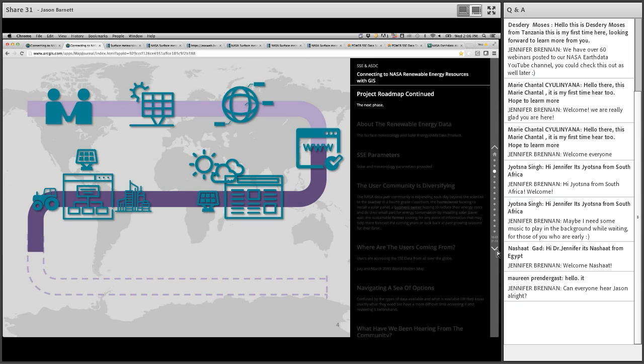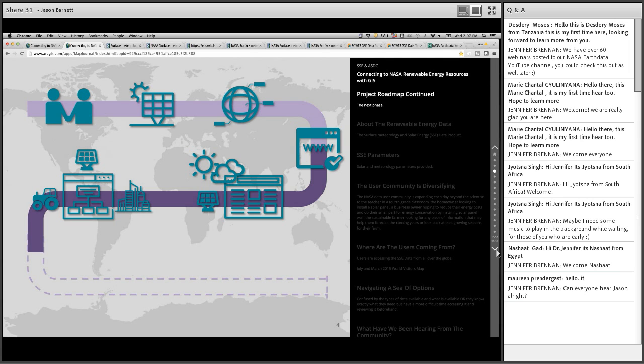So the web usage of these tools in terms of numbers of users and data delivered has grown nearly exponentially at times. And the success of the website was found in the provision of data sets via an ASCII format on a very site-specific basis for use in decision support tools. But as a result of the success of the SSE project, NASA's Applied Science program supported the development of the Prediction of Worldwide Energy Resource, or POWER, project and data portal, which you can see on the far left side